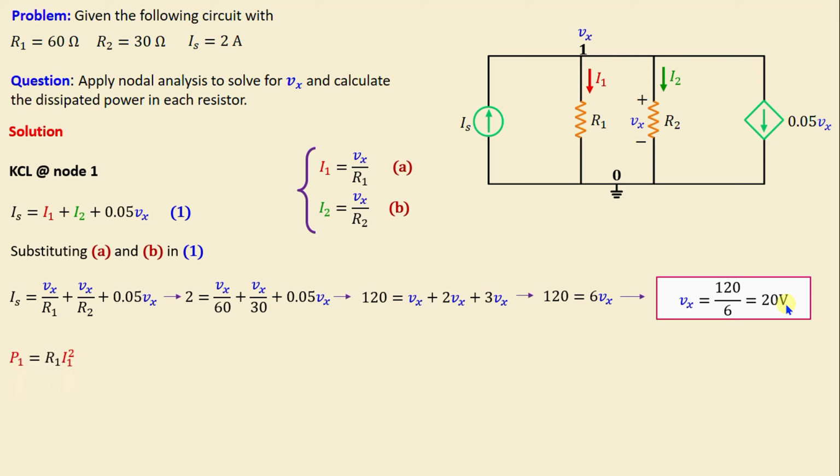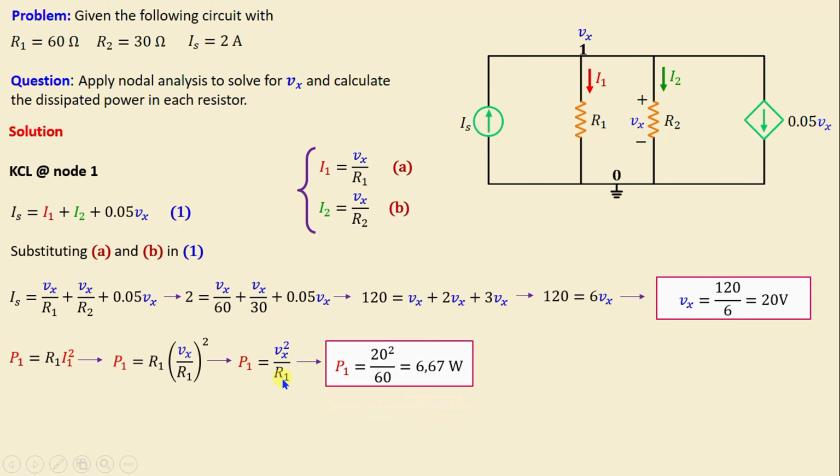Now let's move on to calculate the dissipated power in each resistor. Let's start first with the dissipated power in the resistor R1, which is equal to R1 I1 squared. And we know according to Ohm's law that I1 is equal to Vx over R1. That means the dissipated power P1 is equal to R1 times (Vx over R1) squared. We obtain finally P1 is equal to Vx squared over R1. And if we replace Vx and R1 with their numerical values, we obtain P1 is equal to